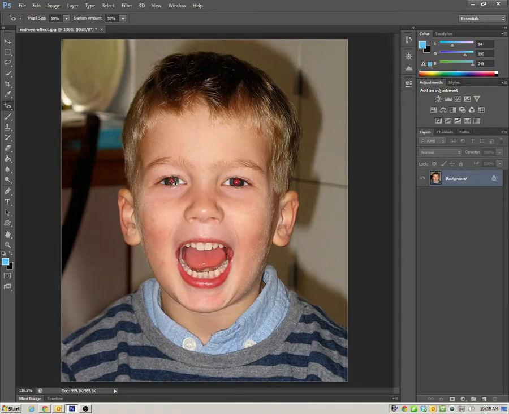So let me just try with the defaults and see how it looks. So you just click right in the center, and you can see how smart Photoshop is to identify the red area and correct it to a black pupil. I mean, that looks decent, but for me, I'll say, you know what, I need it to be a little